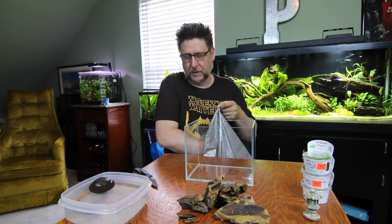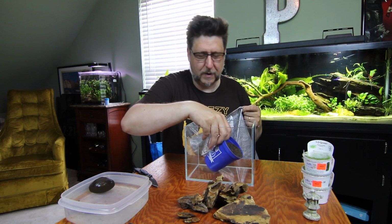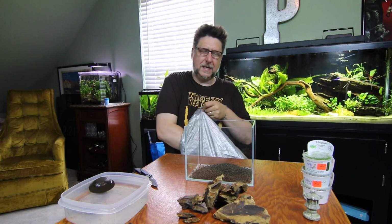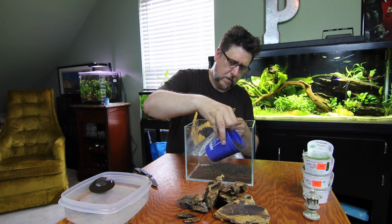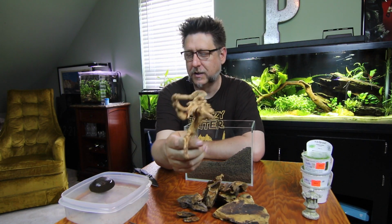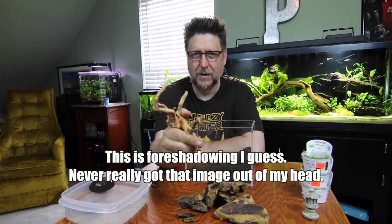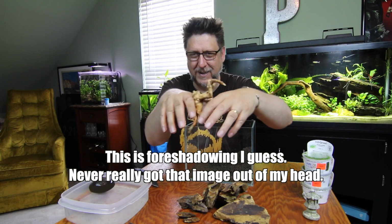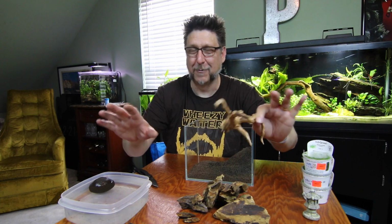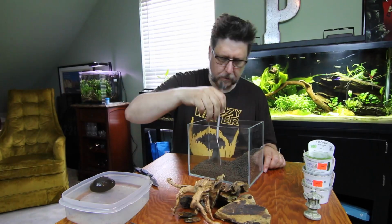A whole lot of people suggested that I soak this first. It's probably not a bad idea, but I'm not going to do it. So I kind of like to play with this dry. I've also got this driftwood. One cool thing I saw someone do is they took their Wabi Kusa and they jammed it in a driftwood, almost like a tripod. And they just had these tripod-y legs out with a Wabi Kusa ball stuck in the middle and then plants growing all over it. That was really way cool. And I thought about trying to do something like that to skewer it on the end and just...